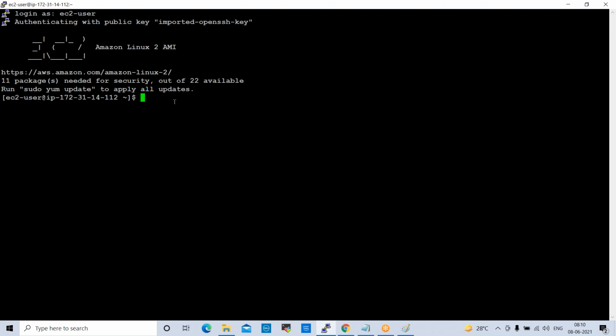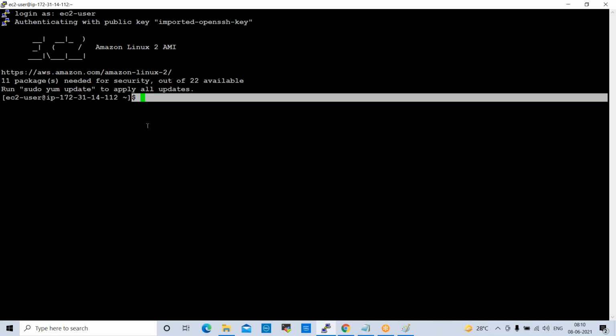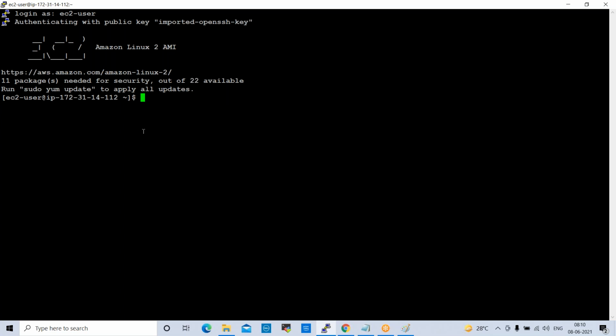So first, if you want to switch to the root super user: dollar means it is a normal user. When you are working on production environments, normally we switch to a root user. Because if you want to perform any activities, the dollar prompt will not be accepted, so commands will not be accepted.